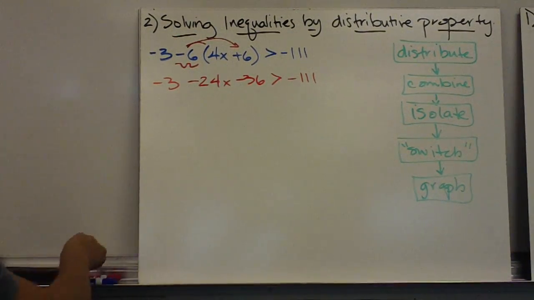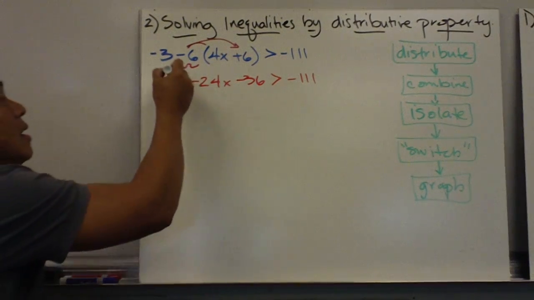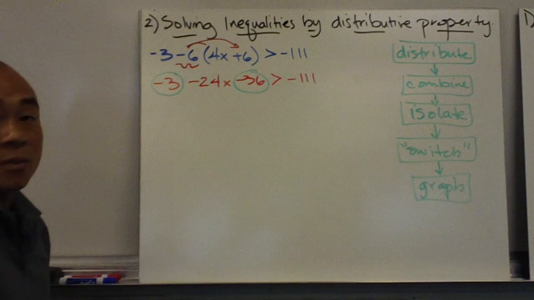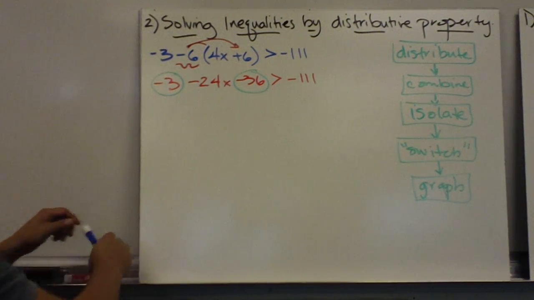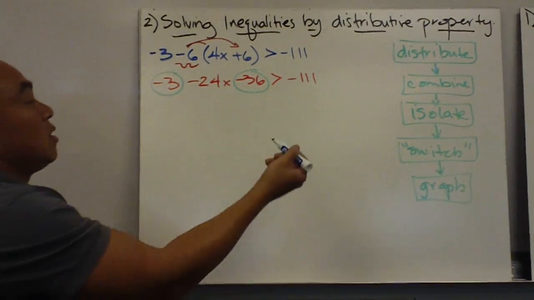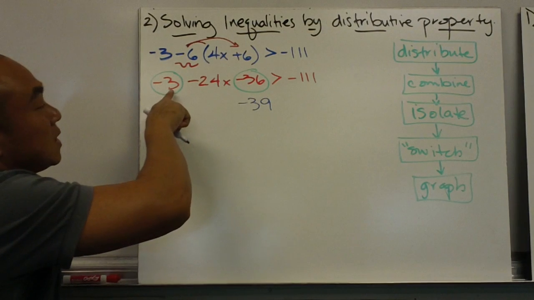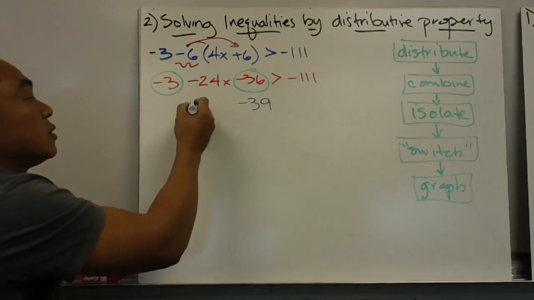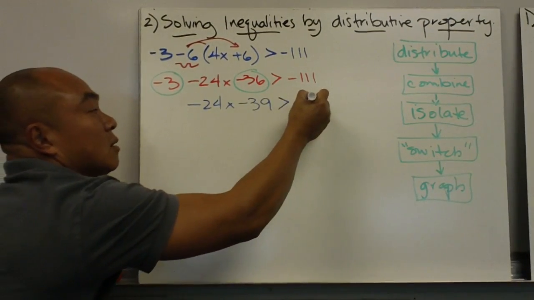My next step is to see if I have anything that I can combine. If you look at it, I have a negative 3 and a negative 36 that I'm going to combine. Those two combined together will give me negative 39, because negative 3 and negative 36 gives me negative 39, and then of course negative 24x greater than